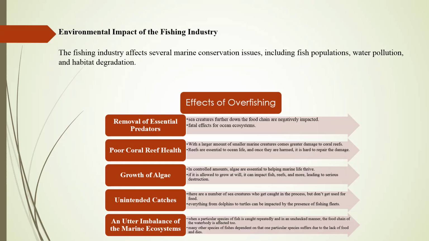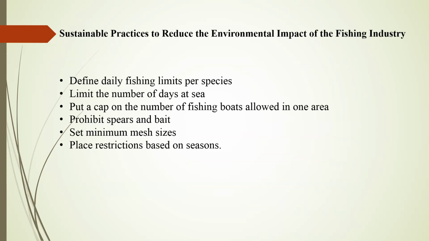In response to the environmental dangers, several governments and international organizations around the world have worked together to create and implement policies and strategies designed to reduce the impact. Strategies like defining daily fishing limits per species or placing restrictions based on seasons. Effectiveness studies have shown that these types of codes and limits prevent overfishing and help restore previously damaged ecosystems to